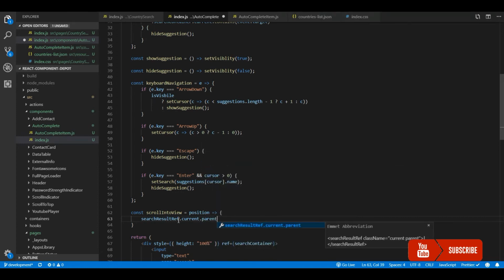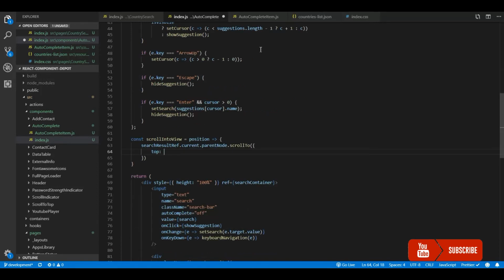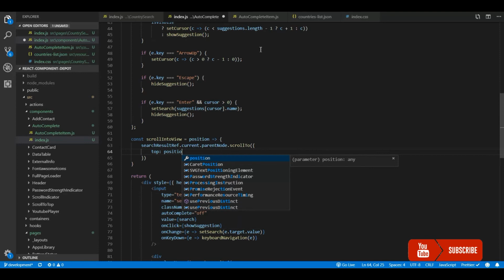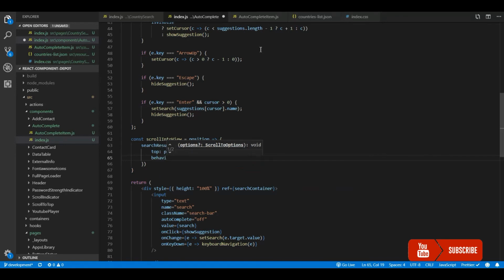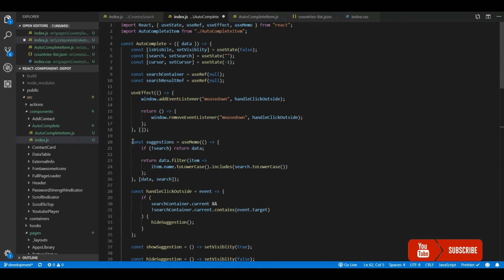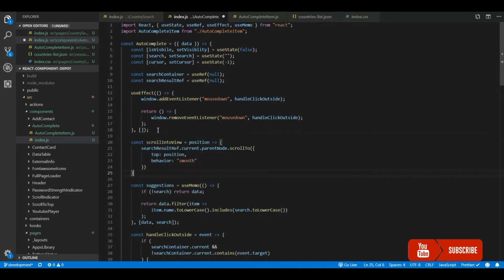We have a scrollTo function on the parent node, which will pass the offset top and another parameter, which is the smooth behavior. Let's place this function at the top, because we'll be using this beforehand when we actually search.